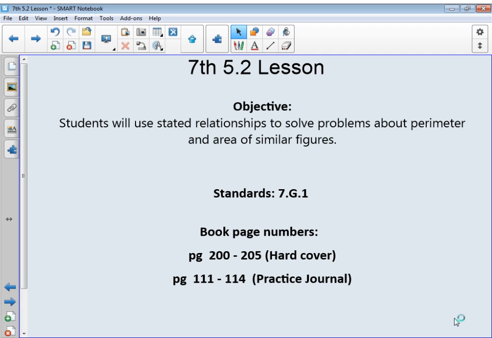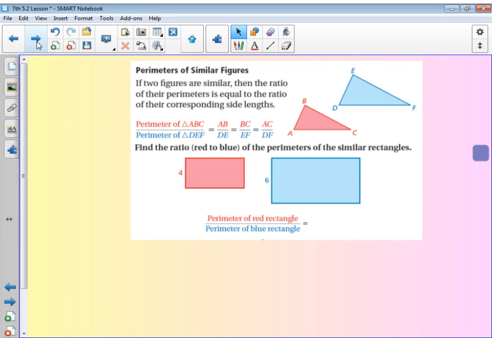Okay, this is 7th grade lesson 5.2. The objective: students will use stated relationships to solve problems about perimeter and area of similar figures. The standard covered in this lesson is 7.G.1. The page numbers out of the hardcover book are pages 200 through 205, and out of the practice journal, pages 111 through 114. Yesterday in our activity, we worked with similar figures and understanding that when we have similar figures,